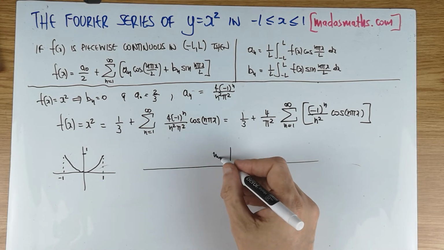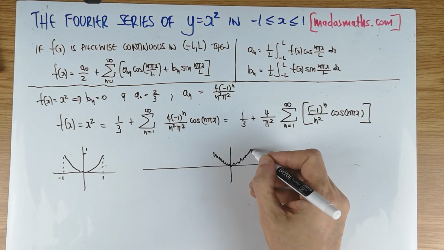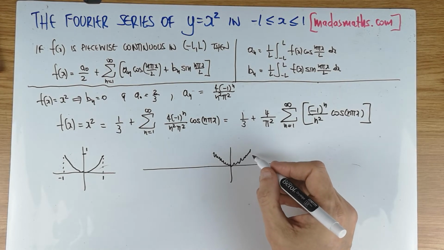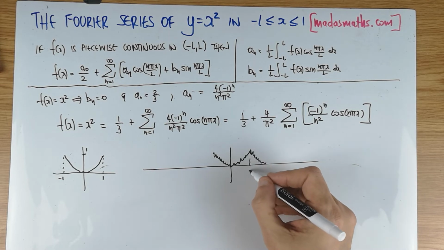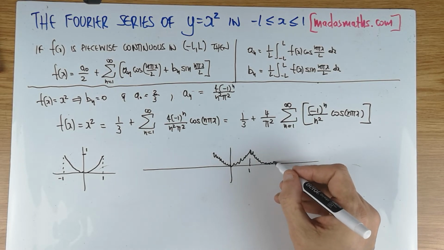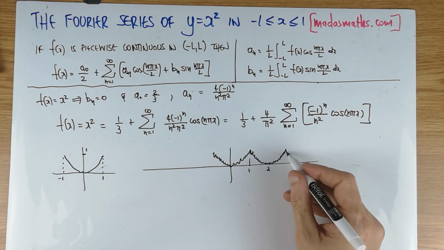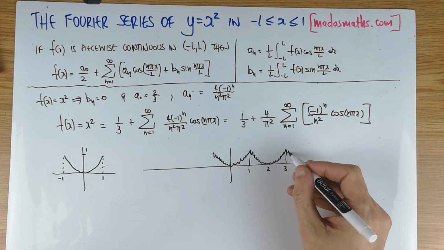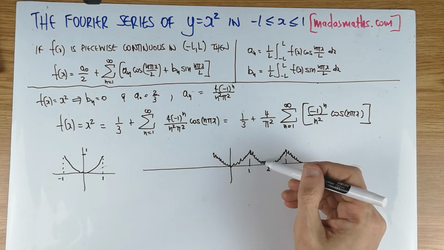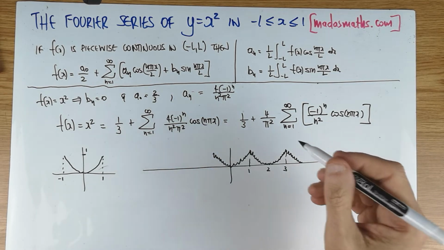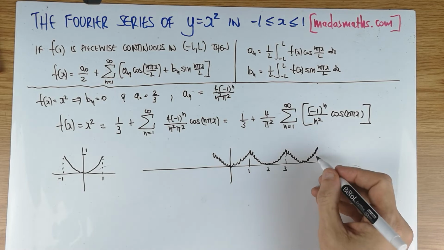It's going to be something like a wavy quadratic up to 1, and then it will suddenly repeat itself. So that's the 1. It will touch a 2, 3, and then, of course, the more terms you take, the less of this effect you will have, and it'll be straighter and straighter. It's really important to actually see it